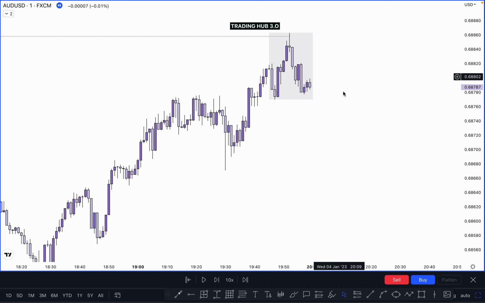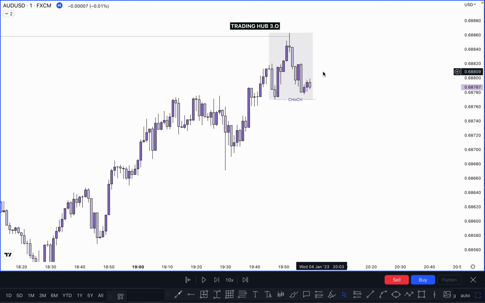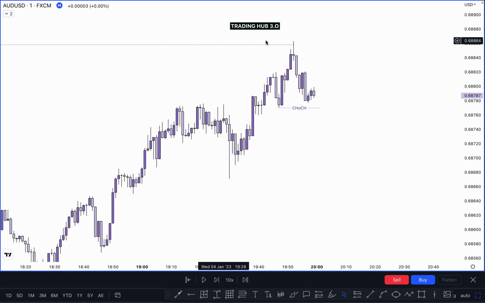So what happened here, you can see this one is our first pullback in this map, and this one is called our CHoCH. If price breaks this low, I'm not talking about a candle close, if price simply breaks this low, this one becomes our valid CHoCH. Why? Because price has already tapped on your POI and already taken out the liquidity, and you can sell here in a lower time frame after CHoCH confirmation, right? And this one is our first indication.